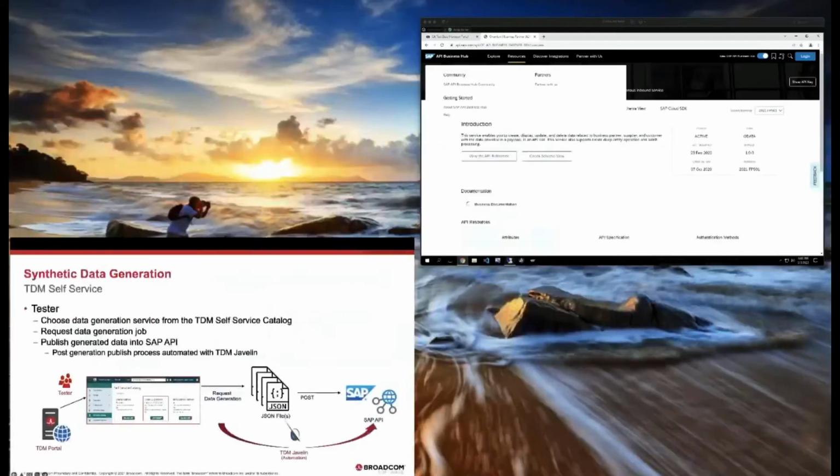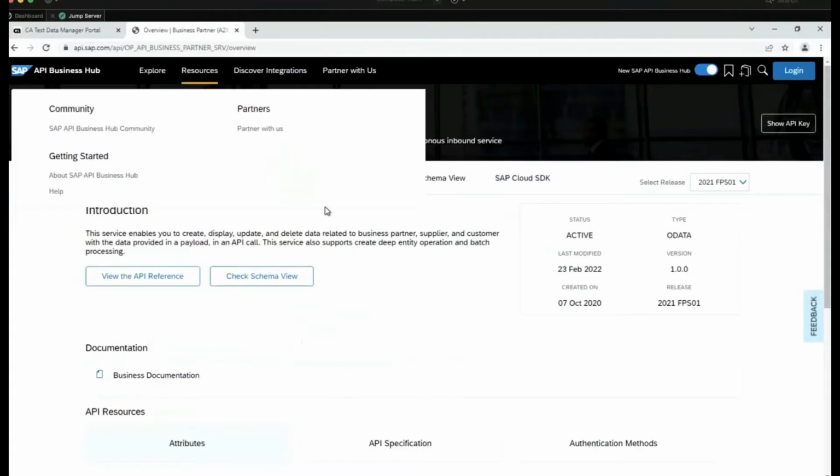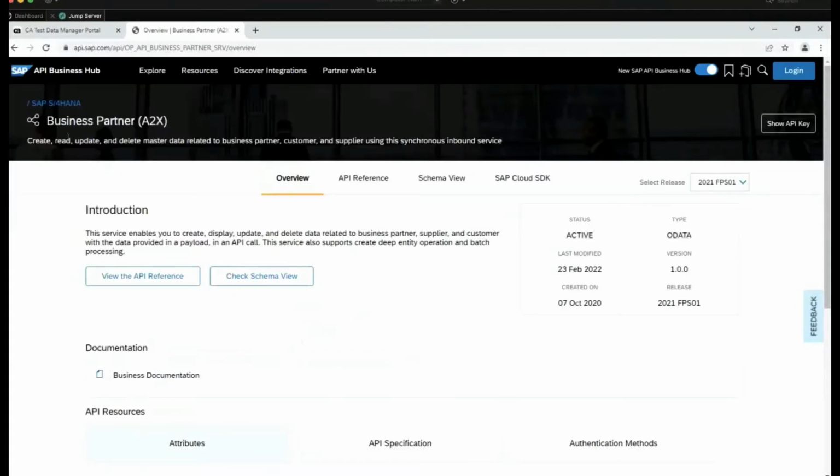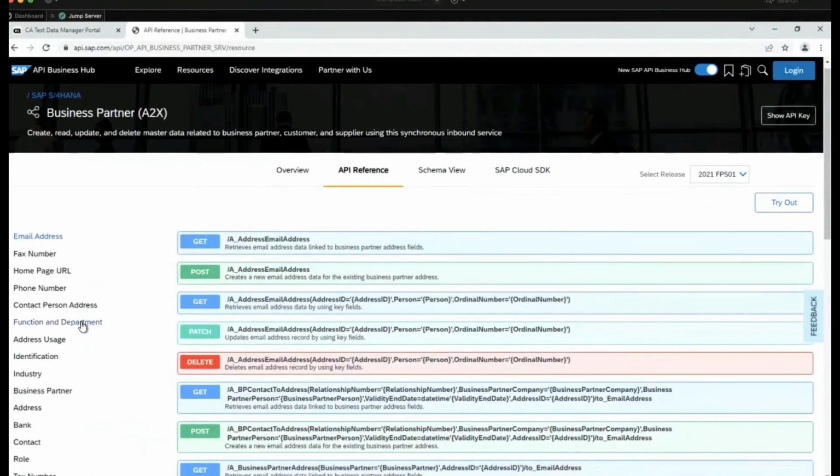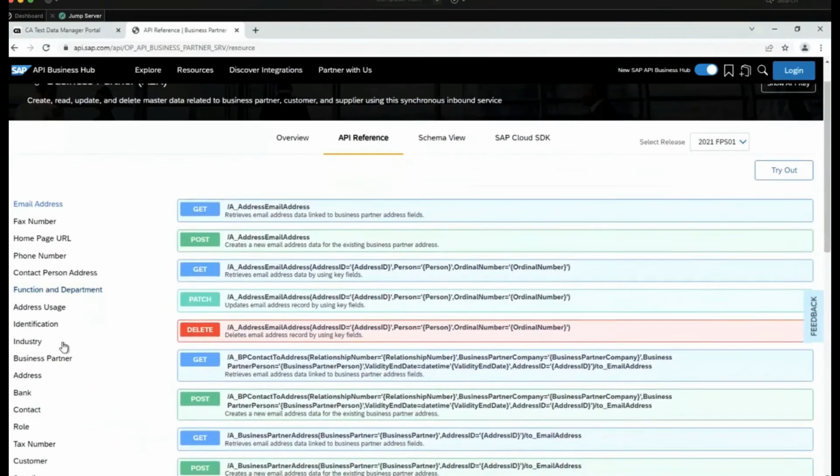So, going back to the API specification itself. In this particular case, I'm looking at master data for business partners, and I want to get the specification for whatever APIs I'm going to use. I've identified in this use case that I want to create business partners. Those could be people, organizations, or groups, but in this demo, I'm just focusing on